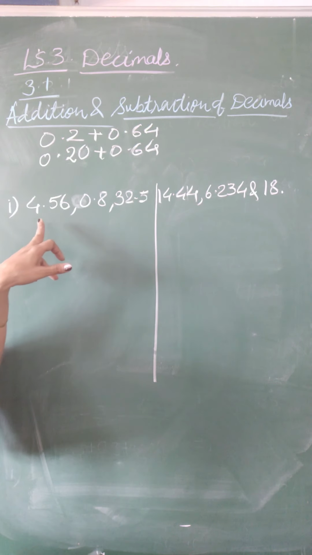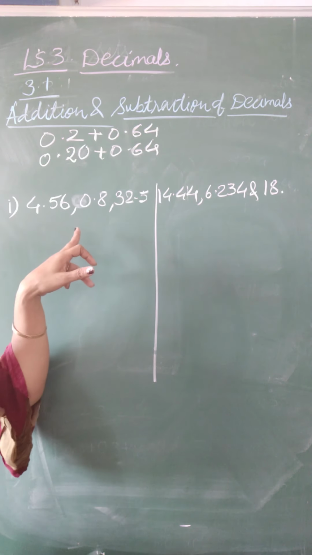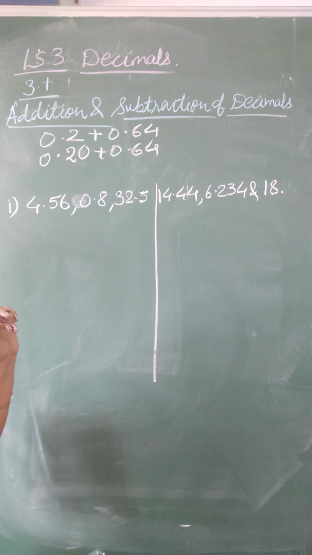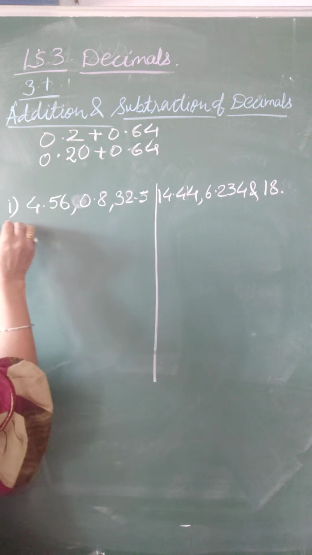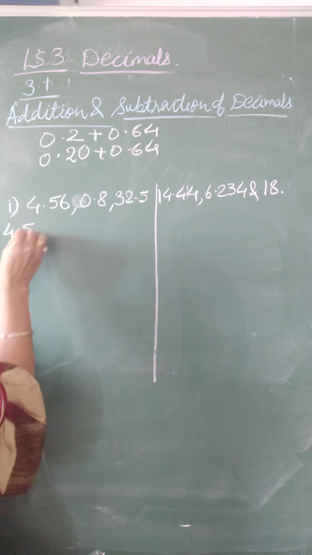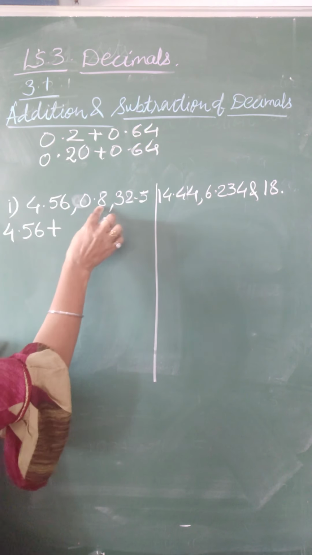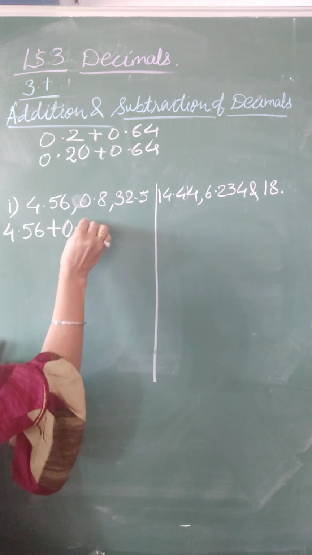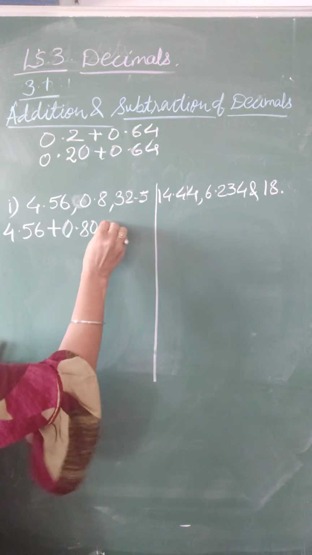So first you will convert the given decimals into like decimals and then you will add. So 4.56 will be as it is, plus 0.8. Here you need one more decimal place, so we have 0.80, plus